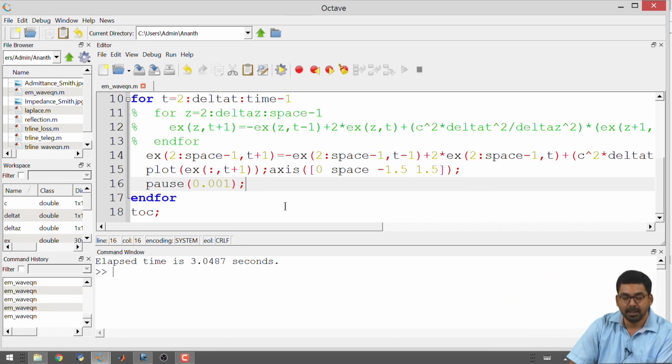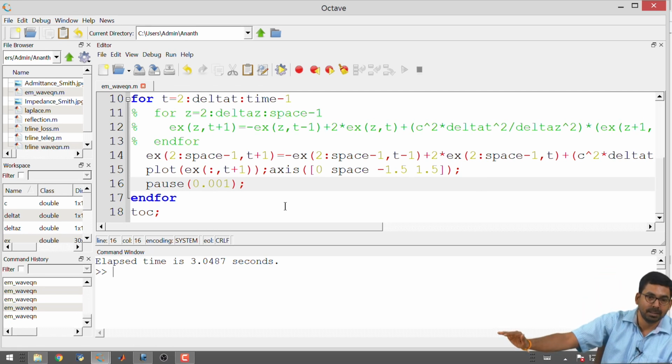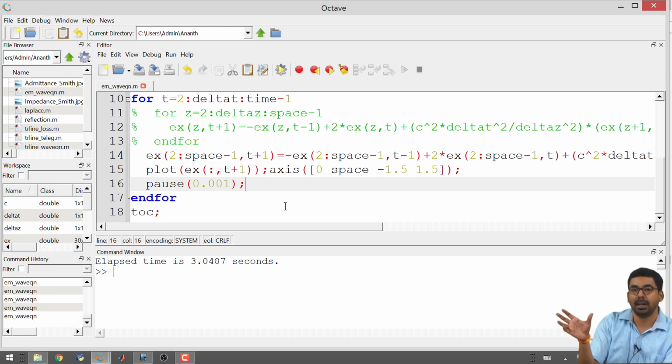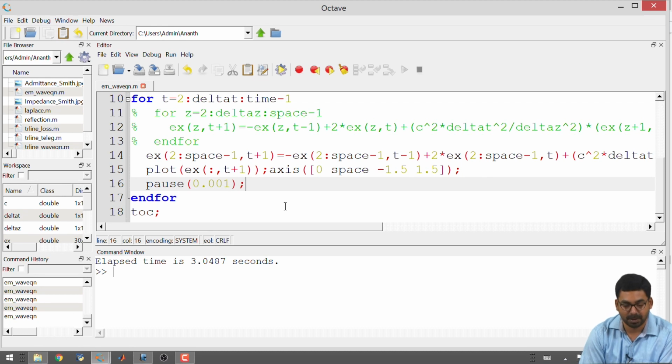In the previous examples, what we would have done is we would have added some space with the loss R and G in your transmission line and made it exponentially decay. The voltage or the current would have exponentially decayed, which means that the amount of reflection that's coming is very small. Whatever is being reflected again passes through that region with R and G as positive. Once again it gets attenuated and very small quantity enters the main simulation region again. That is one way of looking at it, but there is also another way of looking at it which we will start using now.